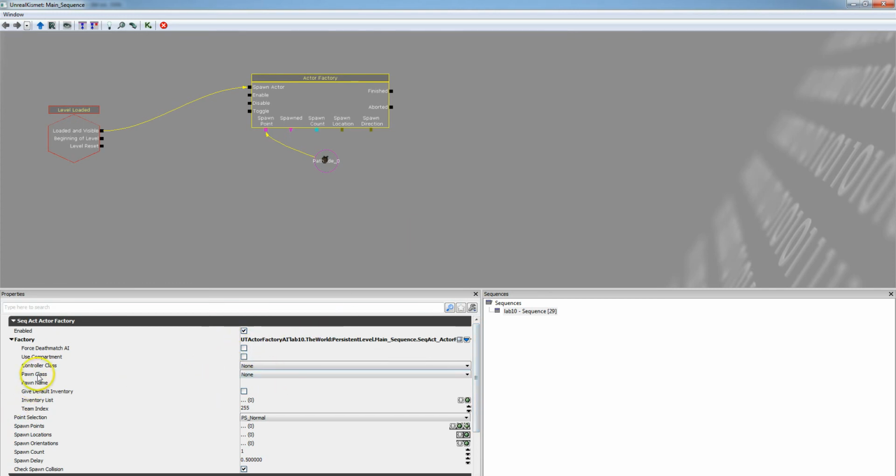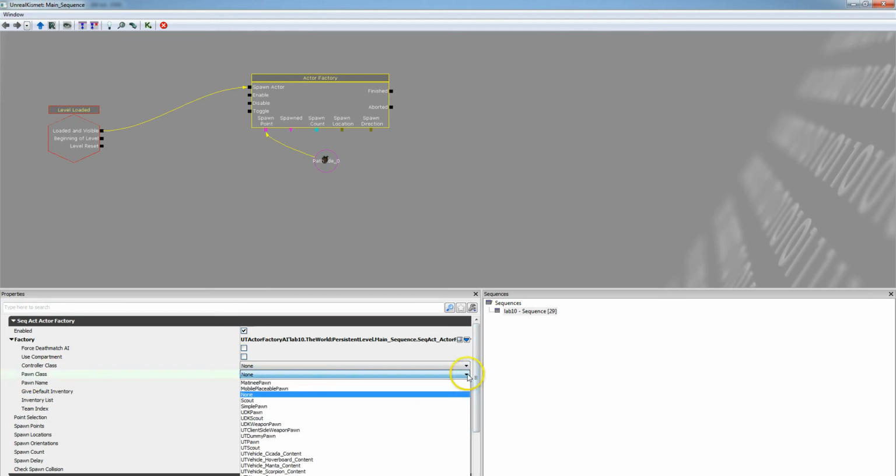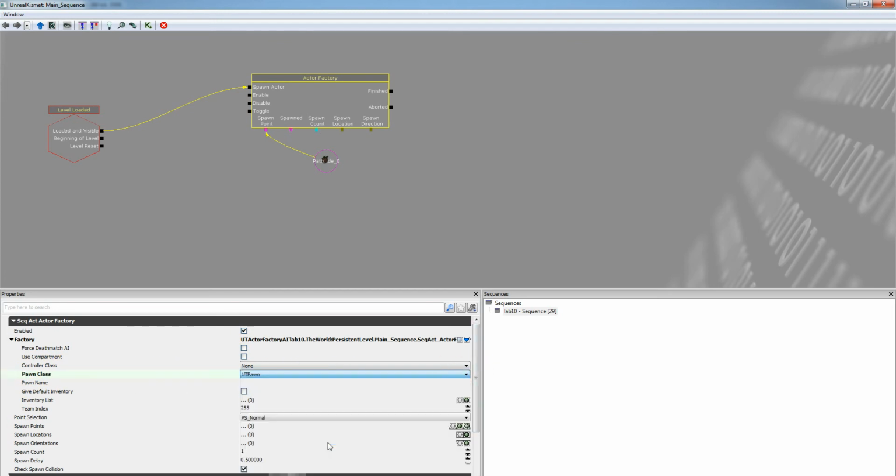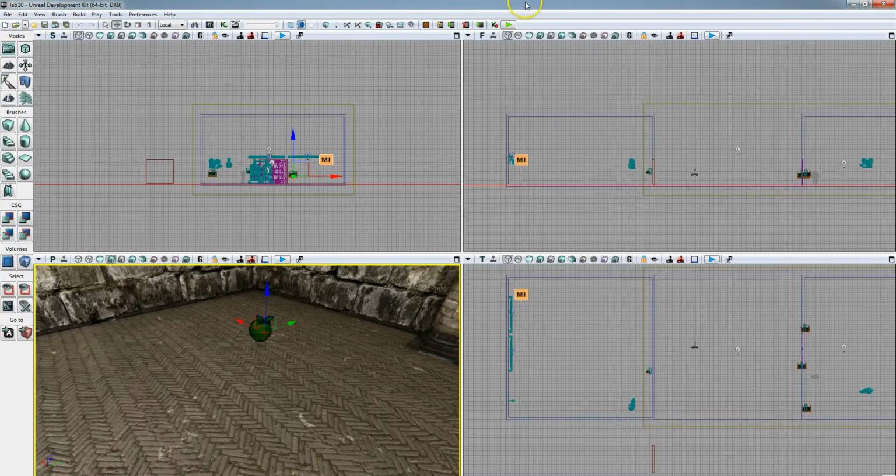And under pawn class, we need to set this. Under pawn class, we want to select UT pawn. Now we'll be adjusting some of these properties here in just a moment, but for now you see where it says give default inventory. Let's go ahead and select that so our enemy starts off with a gun at least. And with this basic setup now, let's go ahead, close Kismet, and we want to build paths,